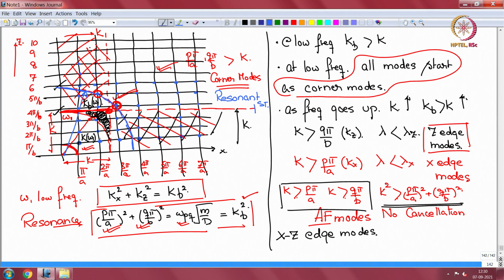KB is above K. Okay, so as KB moves faster outward than K, it will cross these blue dotted lines. So modes get resonant first and are below coincidence. Okay, so they are not efficient radiators, but they are in resonance. So that does give you some resonant radiation. And let me just tell you that